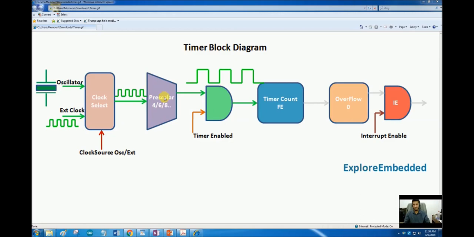Then this prescaler further divides whatever clock is coming at this stage. So if we are using the internal oscillator or the external oscillator, the clock will be divided by this prescaler if we have enabled it. If we do not enable this prescaler, then the clock will travel as it is after this prescaler. Then the clock will not reach this timer or counter register, this blue register, unless